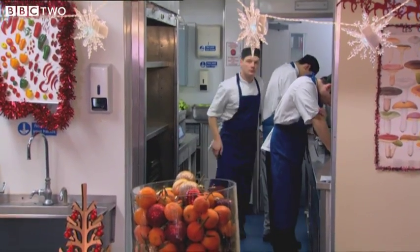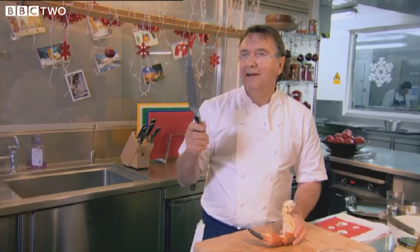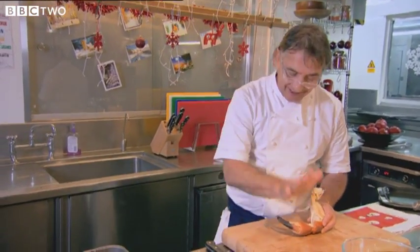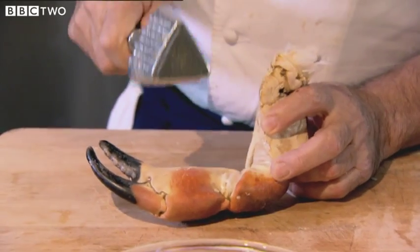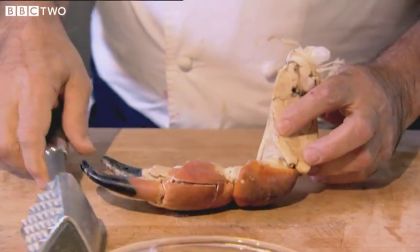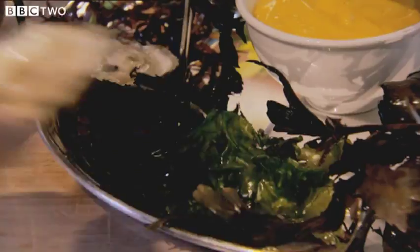Could I have a mallet, please? Thank you very much. Don't try to use that knife. You're probably likely to break the knife on it. It's a seriously very thick carcass. Easy. Voilà. Très bien. With everything prepared, all that remains to be done is place the seafood on its two-tier